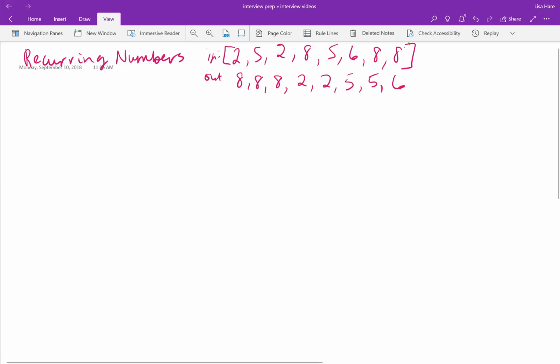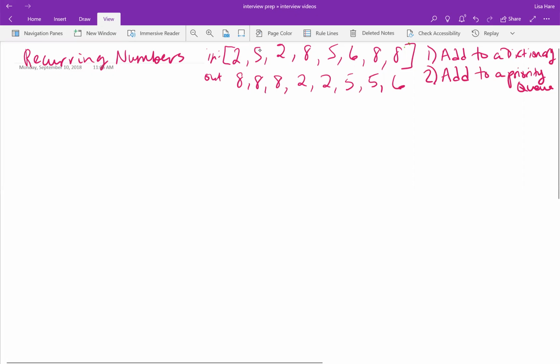And so the way that we're going to tackle this is by doing kind of 3 steps. We're going to add these things to a map or a dictionary. And the key will be the elements, and the value will store the number of occurrences and the order in which we saw them. And then we're going to add the map contents to a priority queue or a max heap,